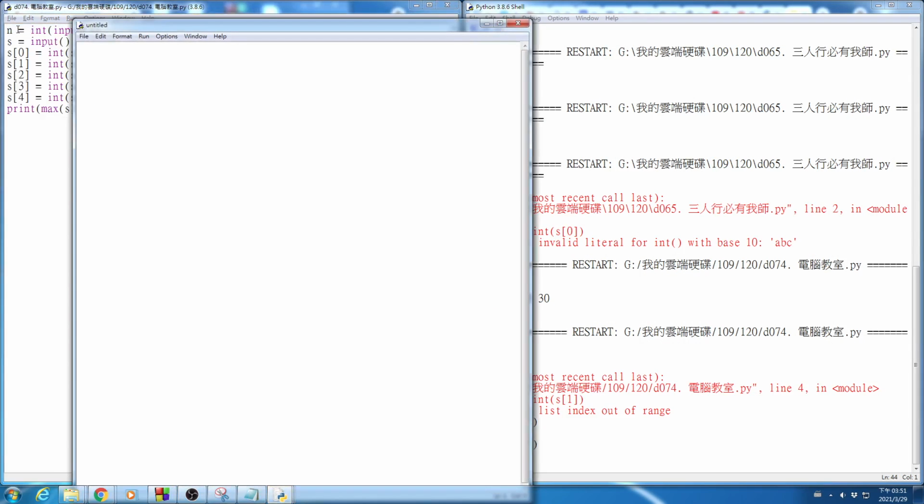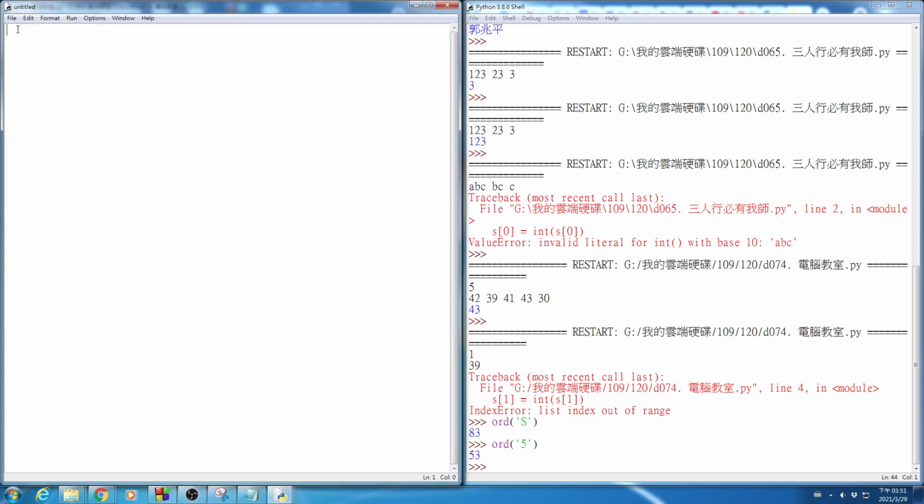New file. So now we are going to have a S, which is input, all right? And then we want to print ORD